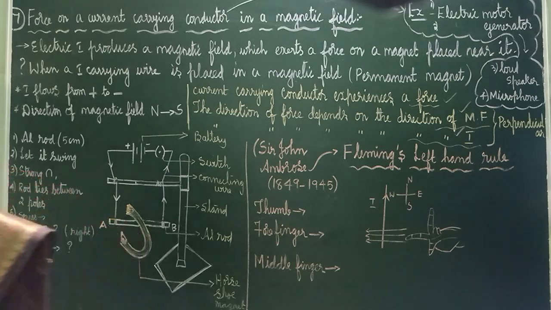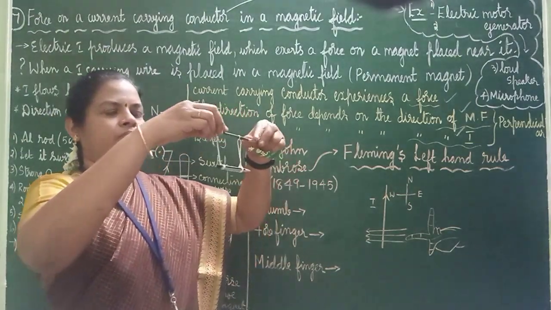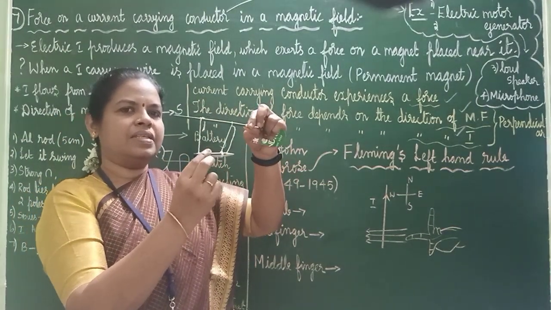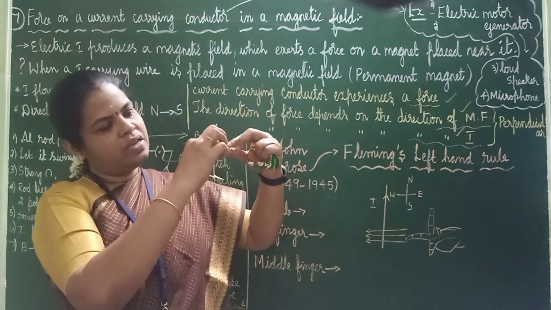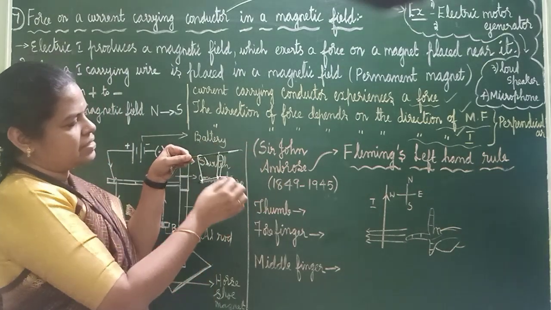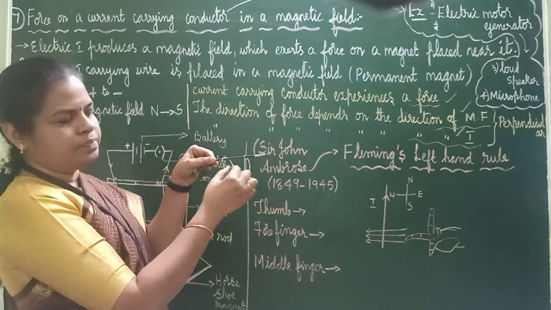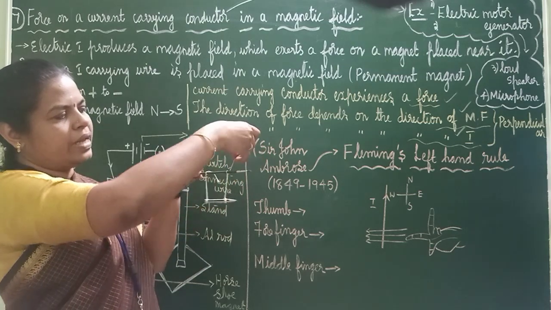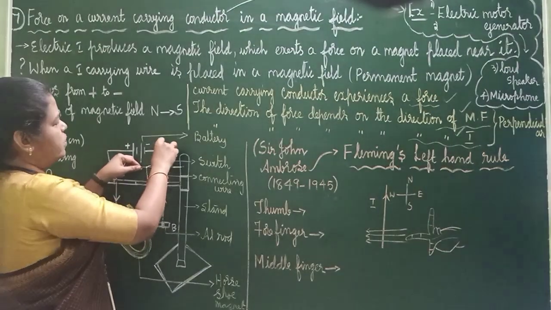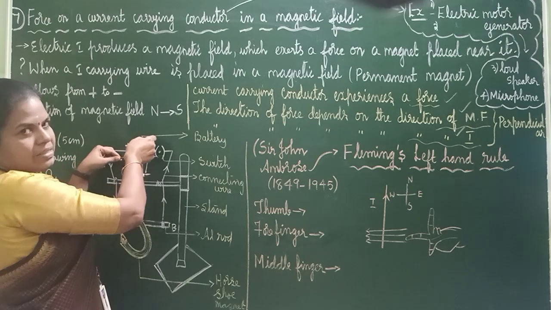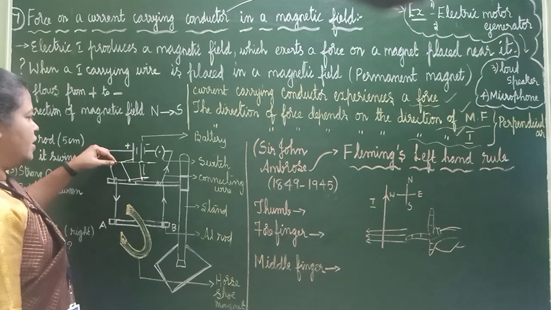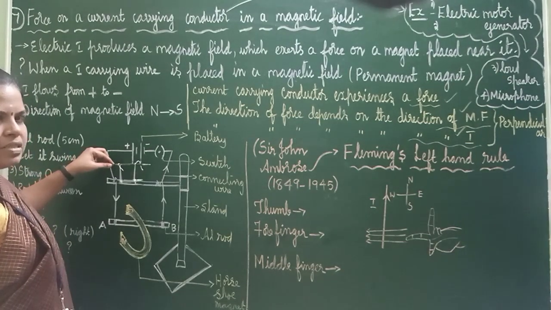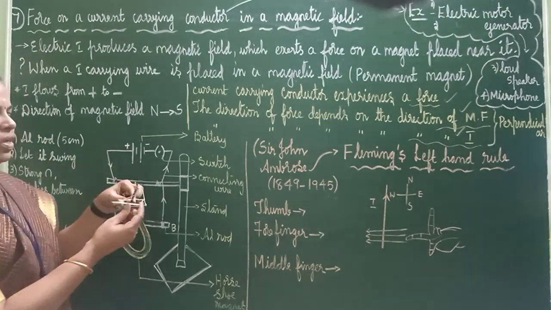To make it very simple, I will show you something. For example, this is the stand, and this is the aluminium rod which is tied to the stand. You should assume this as the connecting wire. This end will be connected to the switch, and this end will be connected to the battery. If it is connected like this and you allow the aluminium rod to swing, it will swing freely, without a magnet.